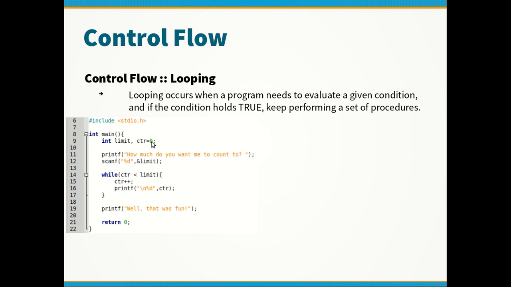Okay, for as long as CTR, which starts out at 0, is lesser than whatever the user inputted, then we will do the following. Number 1, increment CTR, or in other words, add 1 to whatever was the previous value of CTR. In this case, that would be 0. So 0 plus 1 would now become 1, and then store it back onto CTR. And then we would print a new line and the value of CTR itself, therefore printing 1